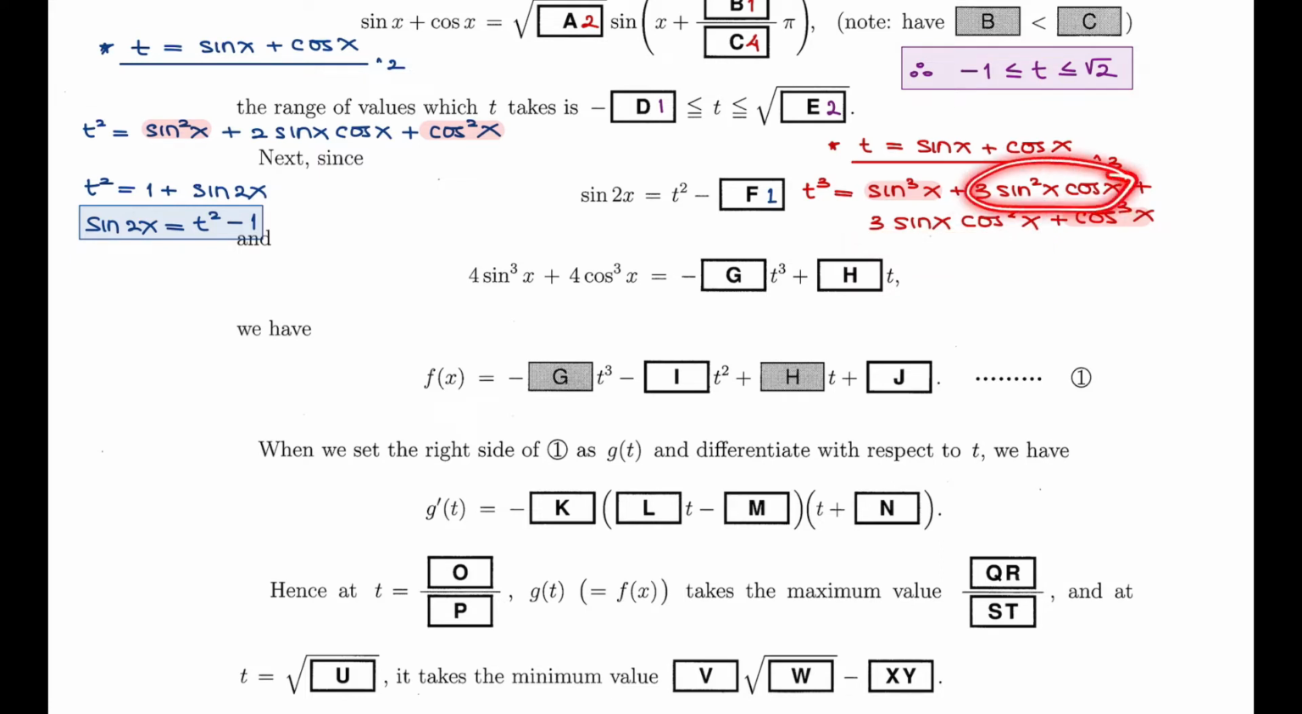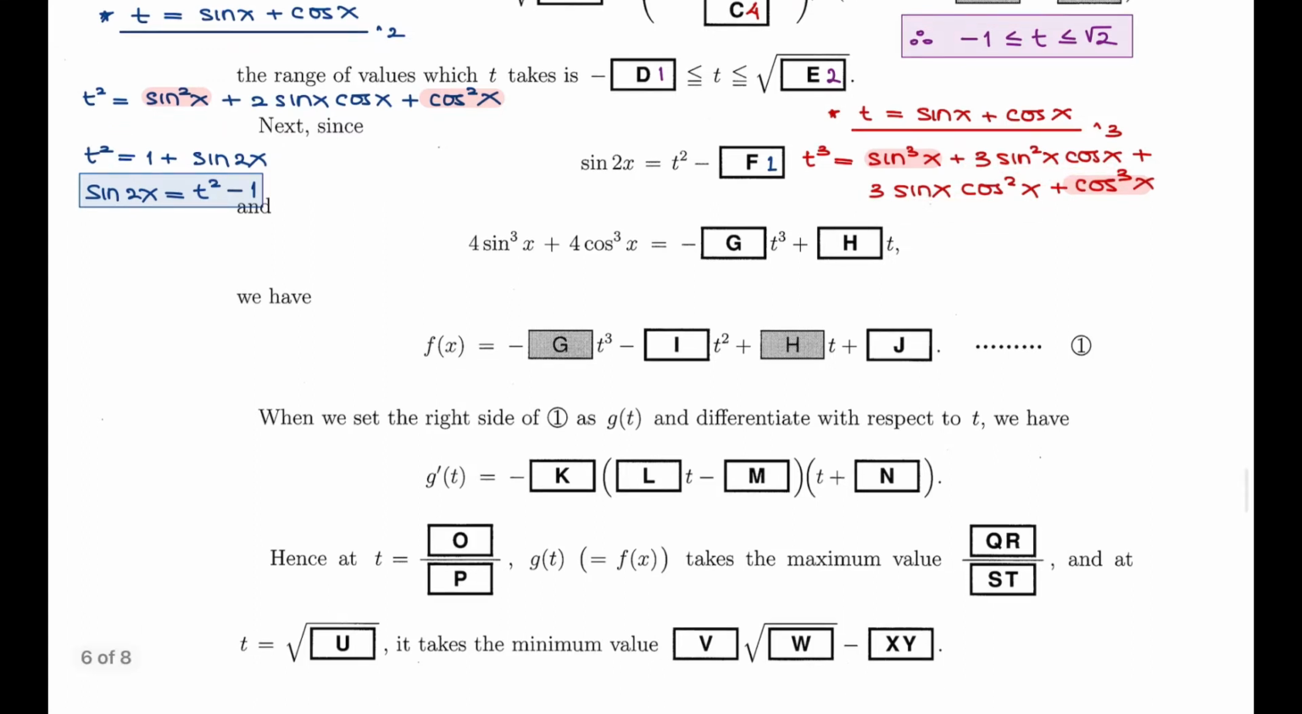How to express this in terms of t? First of all, if you see these two terms, we can factorize 3 sine x cos x. So let me continue it first. t cubed equals sine cubed x plus cos cubed x. This is what we want to find. And then the rest, we can factorize 3 sine x cos x